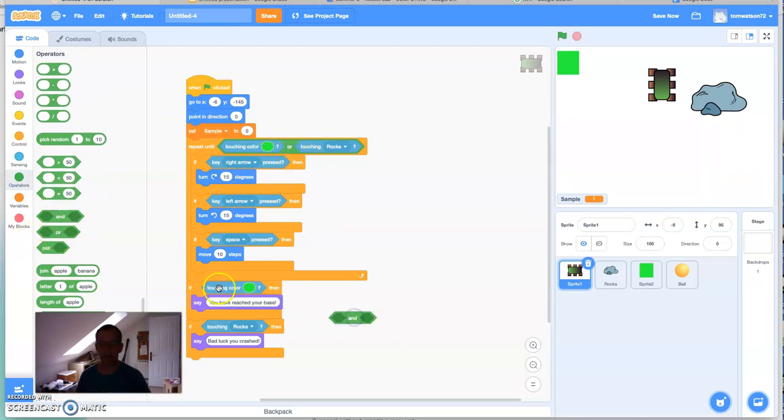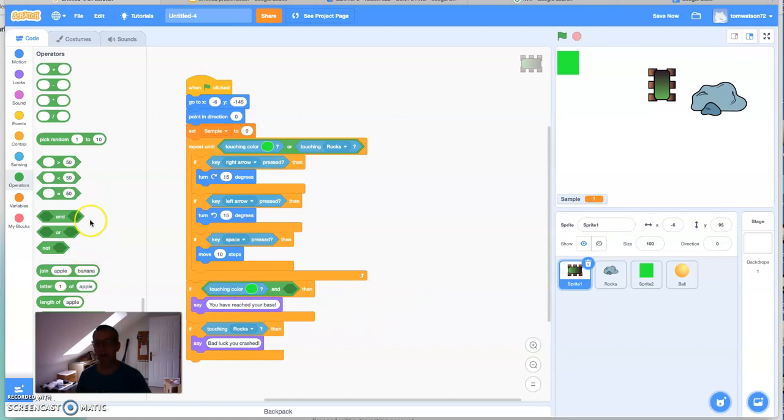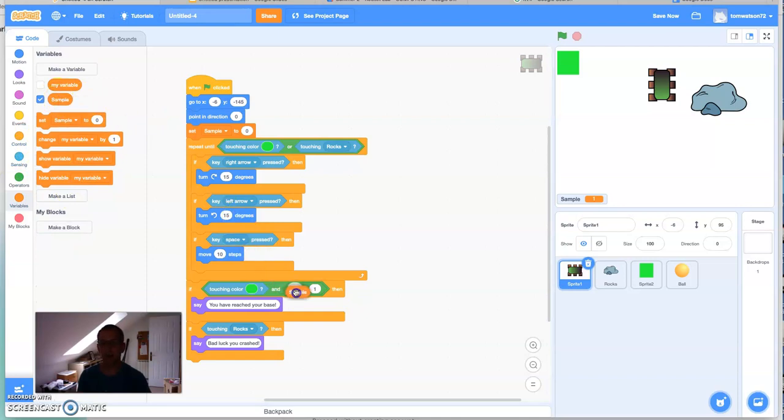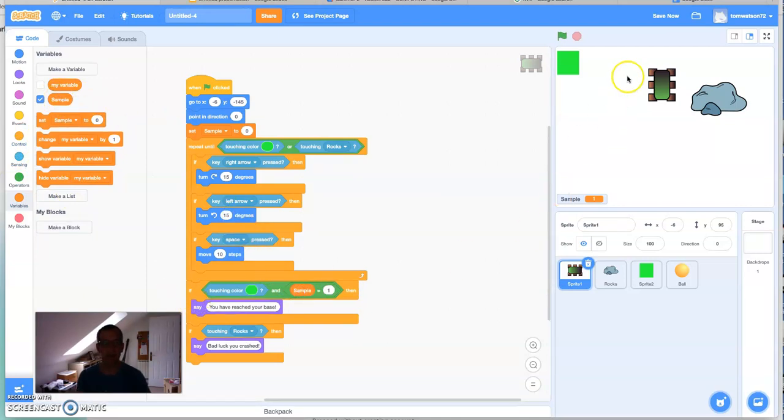I'm going to bring the AND operator in, so I'm going to take that over there, pop that in there. So one thing that needs to be true is it's touching that colour, and also I'm going to bring this equals operator over from here. I'm going to change that to 1. So it's going to go into variables and bring the sample down here. So now the if statement is, if the sprite is touching the green colour and you've managed to get the sample on the way, well done, you've reached your base,